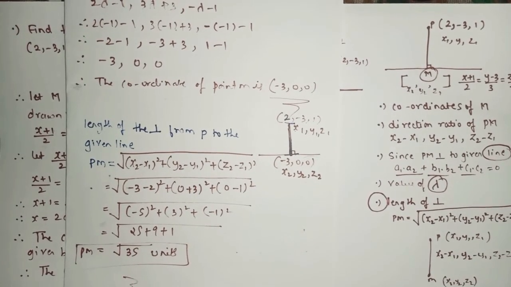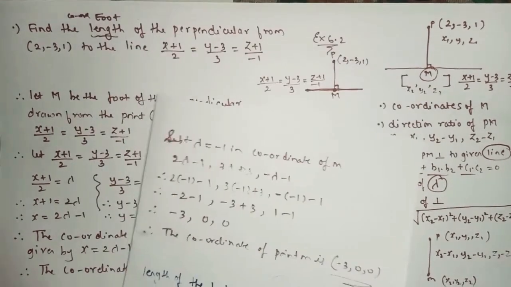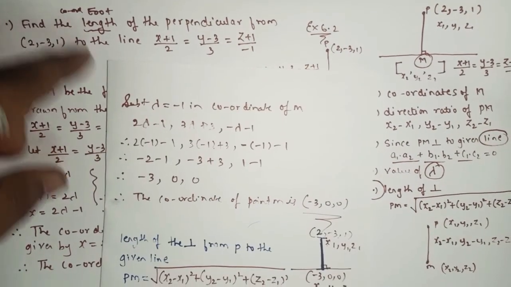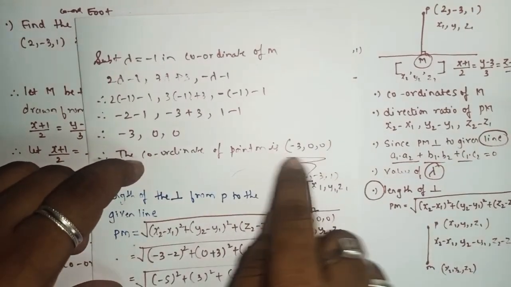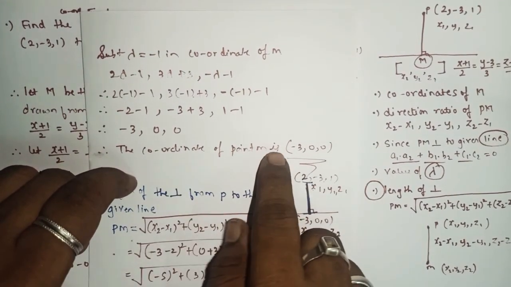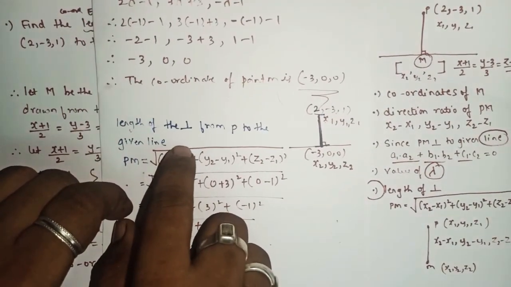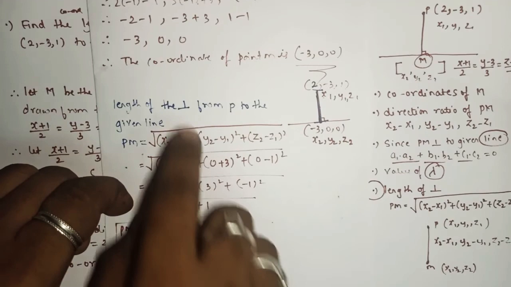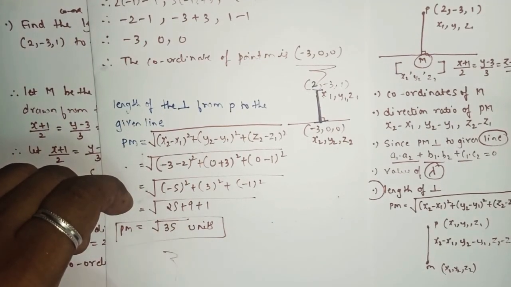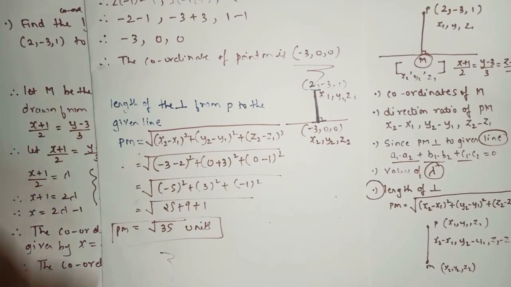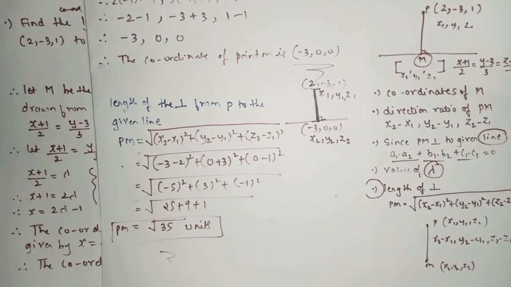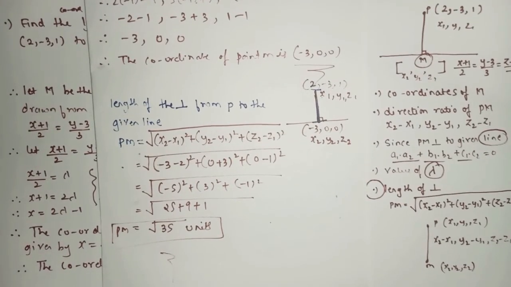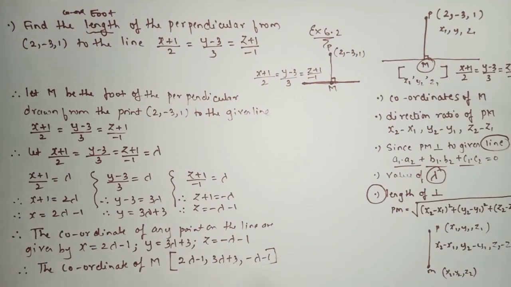So in the exercise there are 3-4 sums which are based on this concept. Sometimes they will say that simply you have to find the coordinate of the foot. So when they say that, this will be the final step. If they say that you have to find the coordinate of the foot as well as the perpendicular distance, so after finding the coordinate of foot, you will find the length of the perpendicular distance also by using the distance formula. So we all know that the distance formula is what? This is the distance formula which we use. Yes or no? So in this way you have to present your sum in your board exam.